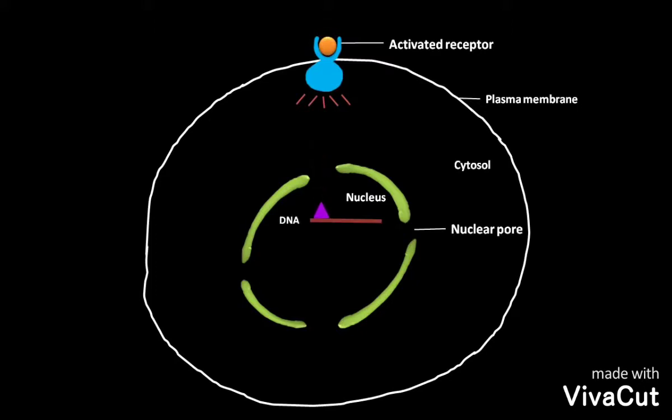This binding stimulates transcription of genes that form an mRNA. Then the mRNA gets translated into an anti-apoptotic protein called BCL2 or BCL-XL. This increased production of BCL2 suppresses the apoptosis and the cell survives.